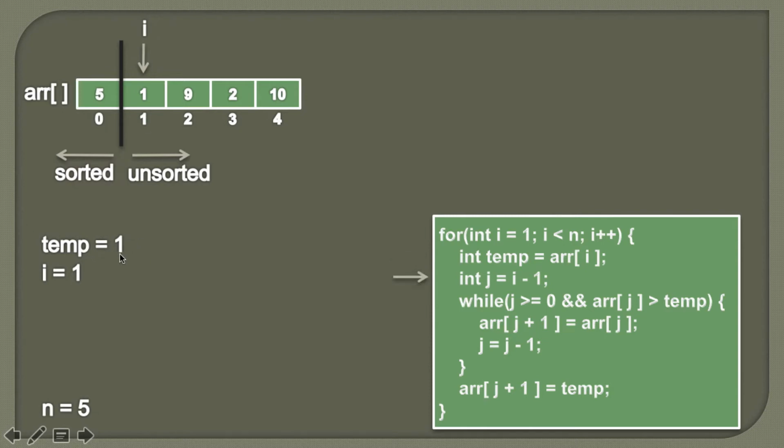So friends, now we want to compare this element with the elements present in the sorted part. As we have picked the first element of the unsorted part, if we go one position back, we will get the elements of the sorted part. So we simply do I minus 1, and to access the elements of the sorted part, we store it in the j variable. So here j becomes 0. Usually the elements of the unsorted part are accessed via I and the elements of the sorted part are accessed via j.